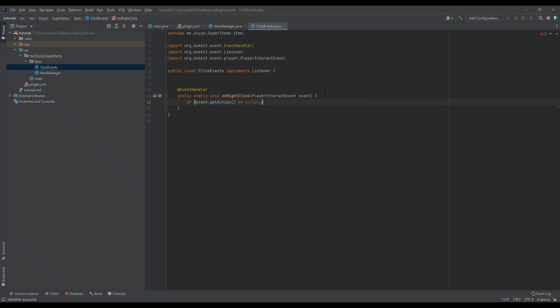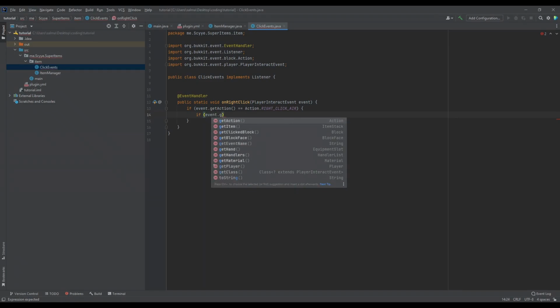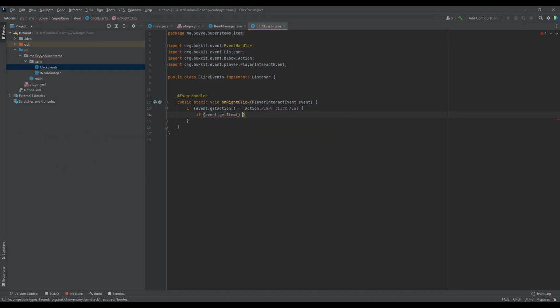I'm sorry about that. That was weird. So I'm gonna do Action dot, I want this to only happen when we right click air. And now open this up, and we're gonna do if event.getItem does not equal null. So if it equals null, it won't do anything. If it does not equal null,